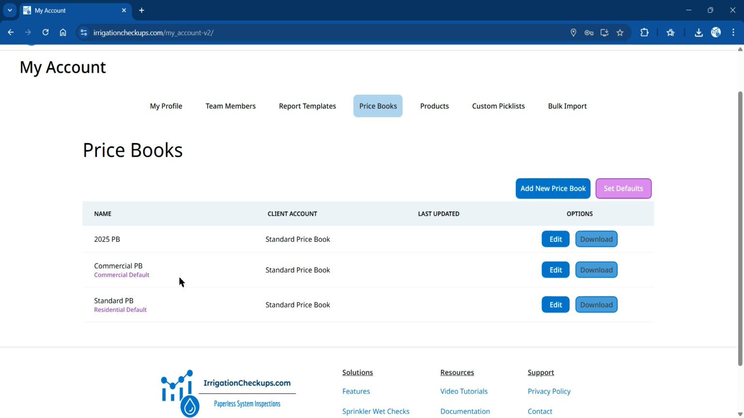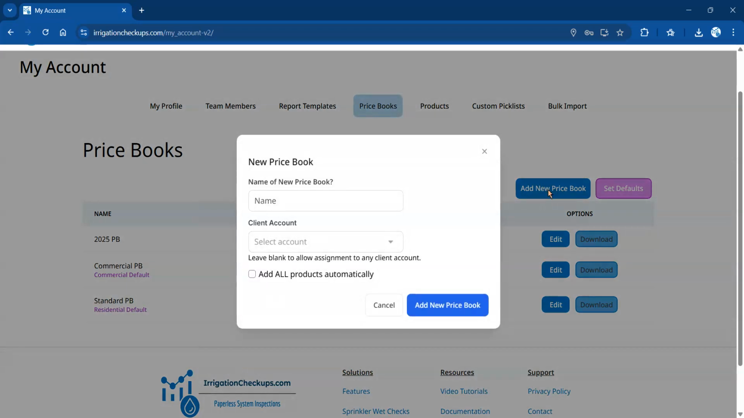And you are also able to have a price book that is specific to a client account. And so if you have a client that gets preferred pricing, maybe because you have a lot of properties under management with them, and so they get some sort of discounted pricing, you can have a price book. So we can click this add new price book. You can give it a name. So let's just call this